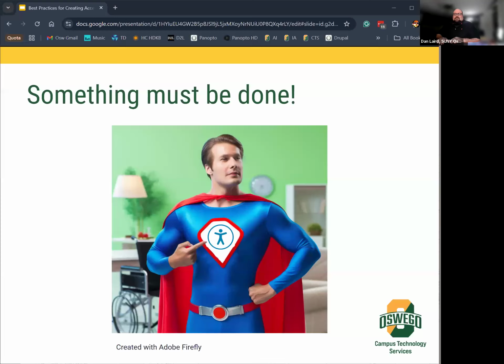But it seems sometimes the message hasn't always been put into practice in regards to documents and presentations that I've seen. So I wanted to give this short presentation that will hopefully touch upon some of the key items to keep in mind when you create an accessible presentation. Some of these might be things where you're just like, Dan, we've been told this 1,000 times, enough. And some might be new to you or give you a different perspective that you didn't think about. And a refresher is always good.